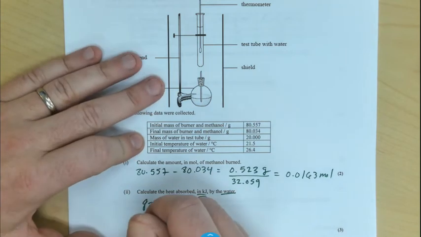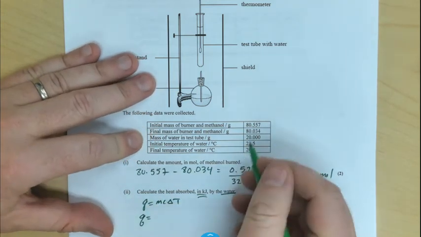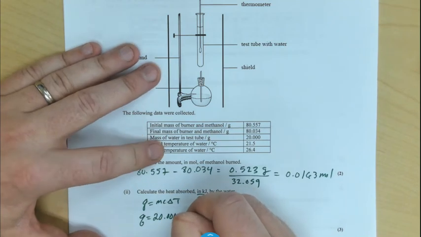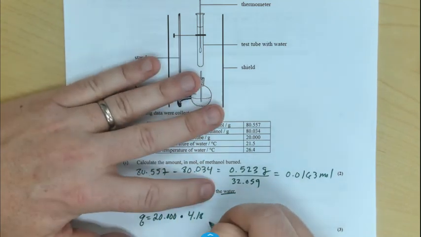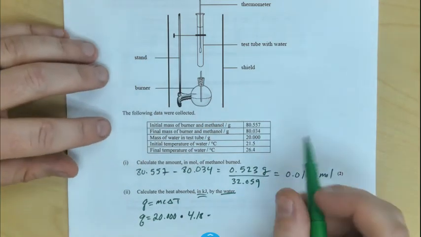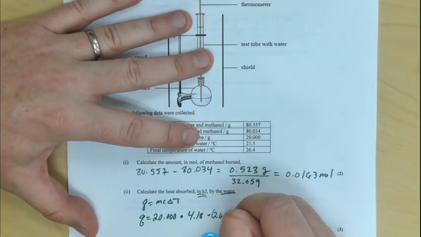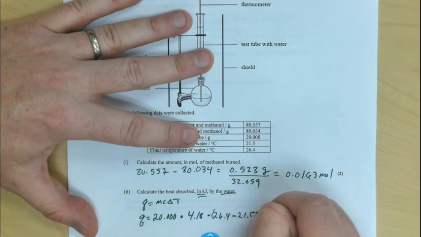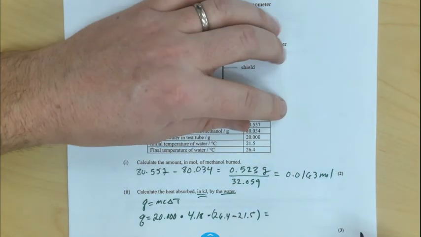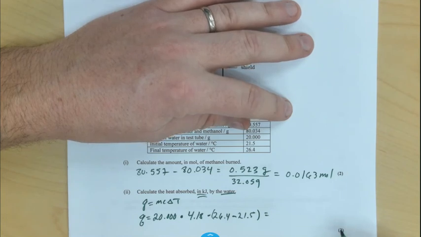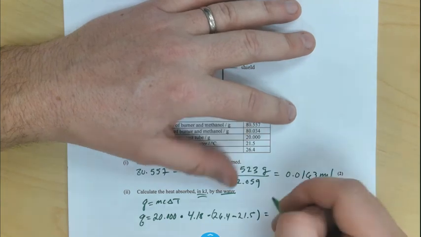So let's go ahead and plug our values in. So we have a mass of 20.000 grams of water times the specific heat, which is 4.18, times the change in temperature, final minus initial, so 26.4 minus 21.5. I get that Q here is, I'm just looking at the key again, 410